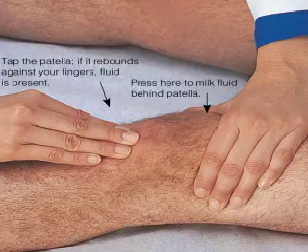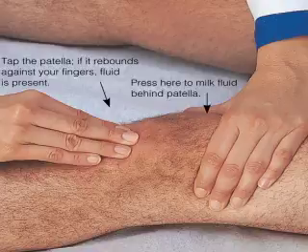Ballottement checks for a floating patella by eliciting a palpable tap that indicates fluid within the knee joint. Grasp the thigh just above the knee with one hand. Force fluid out of the superior portion of the joint space into the space between the patella and the finger. With the fingers of the hand, push the patella sharply back against the femur. Ballottement of the patella assists the nurse in detecting an effusion.